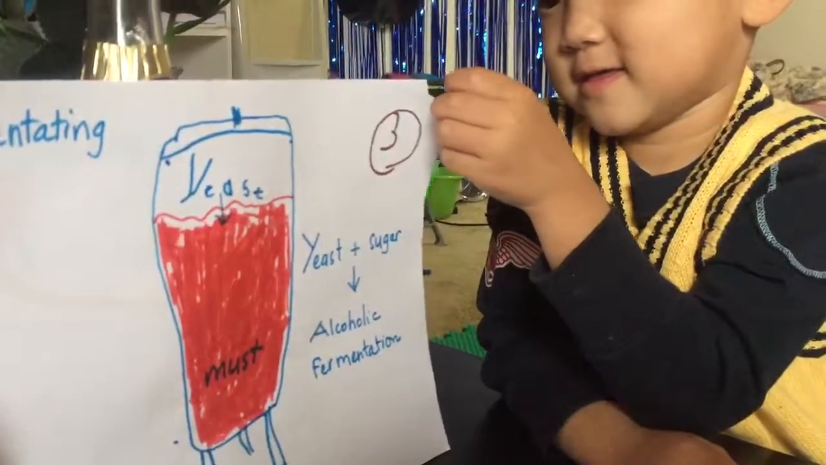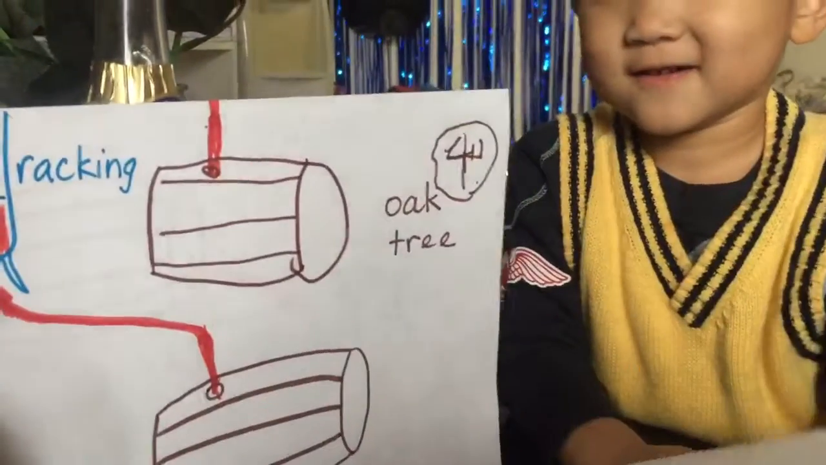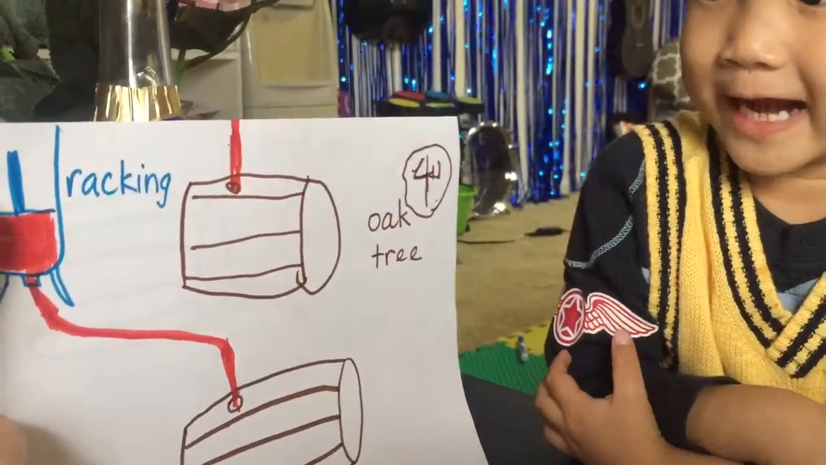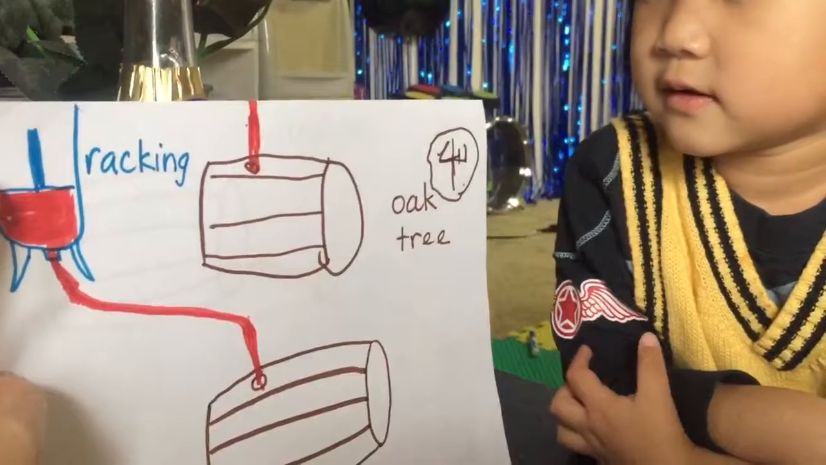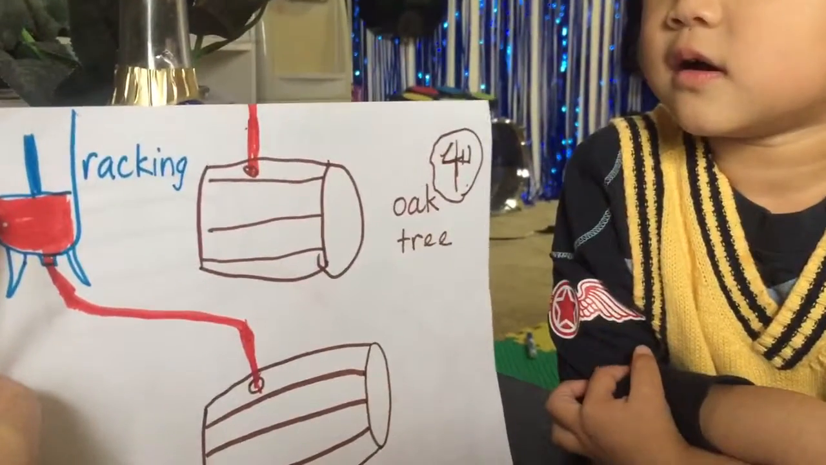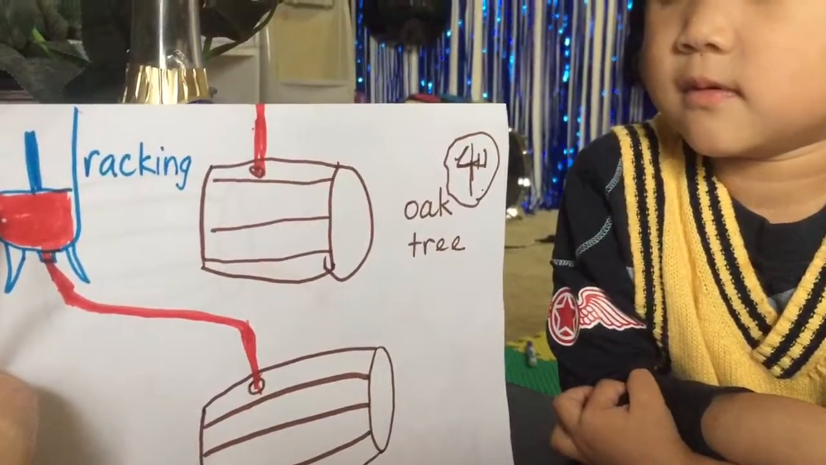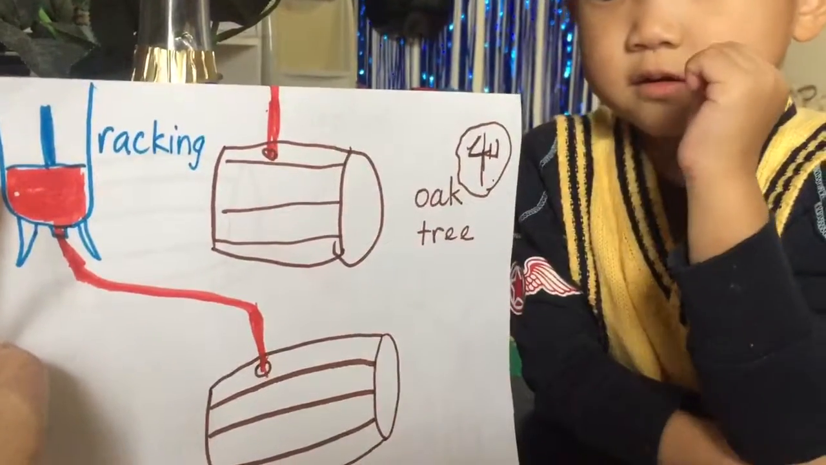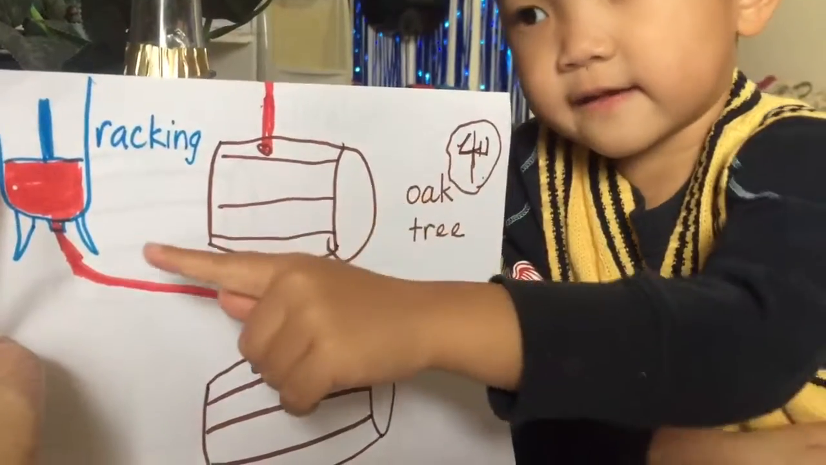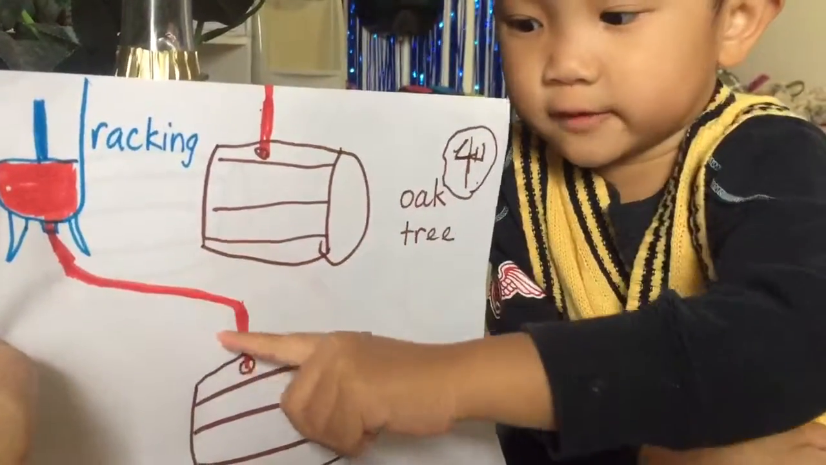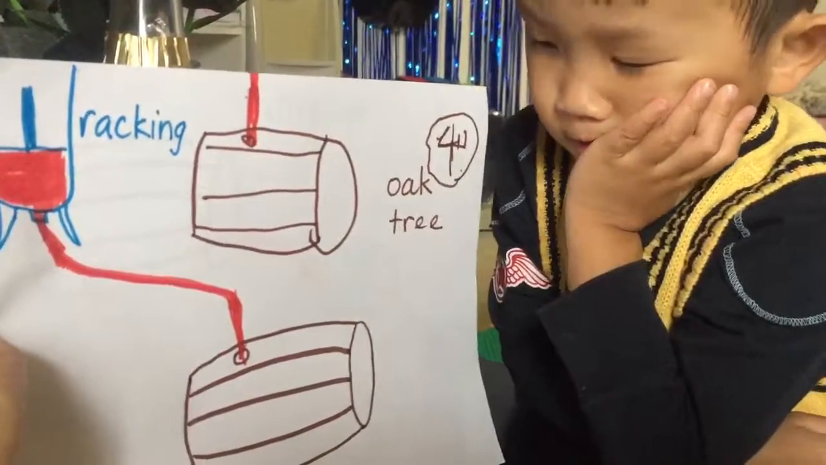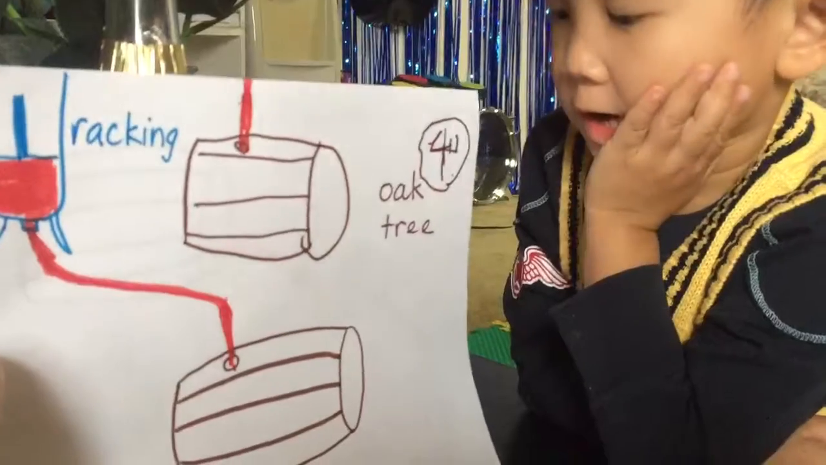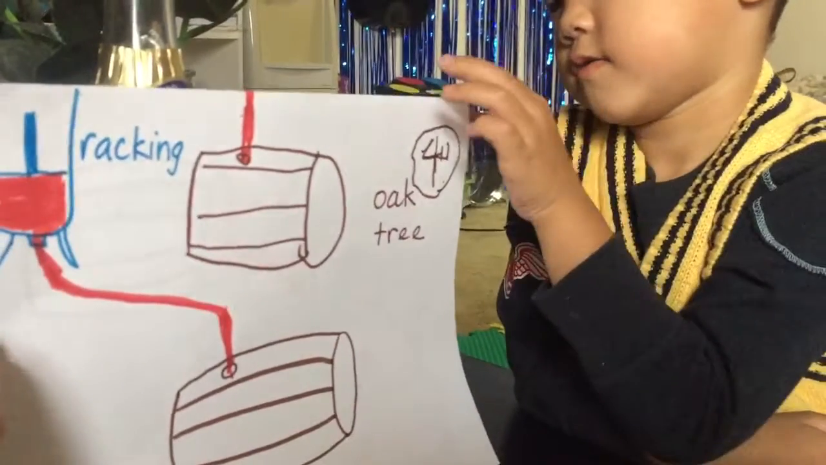Okay. And then what is step number 4? Racking. Racking? What happens in here? We pressed. Press? And then the wine will go into the barrel. What are the barrels made of? Oak tree. Yeah. And the wine will stay here for a while and then